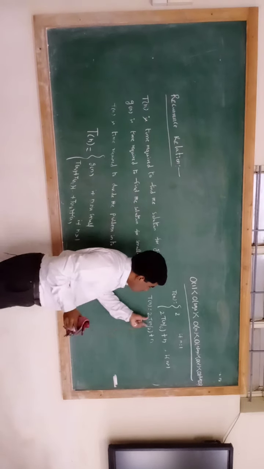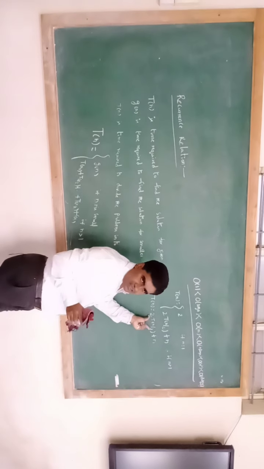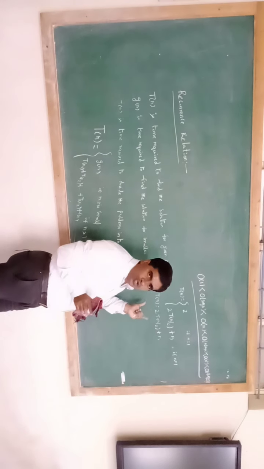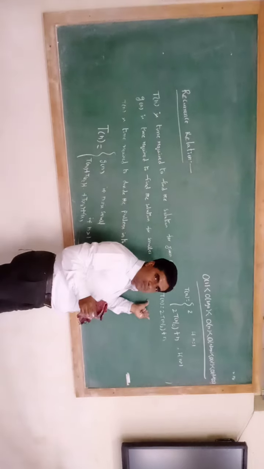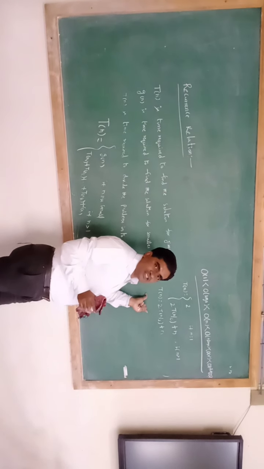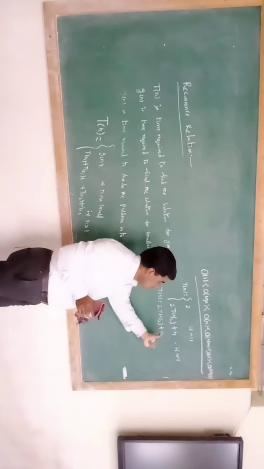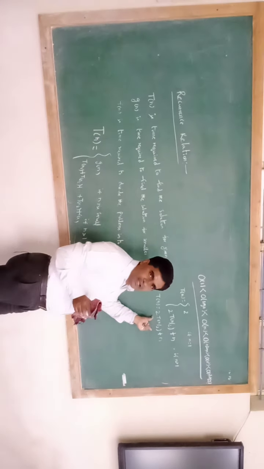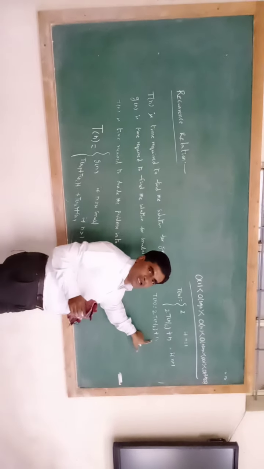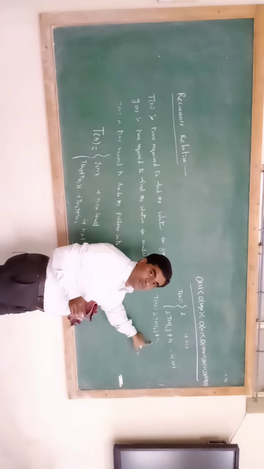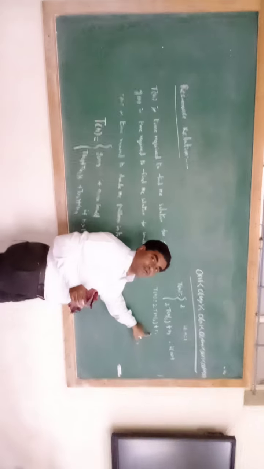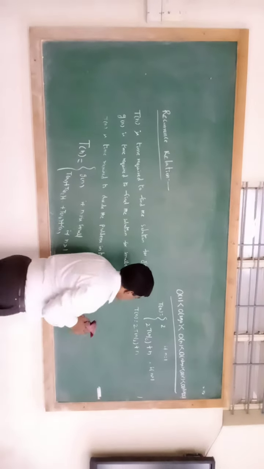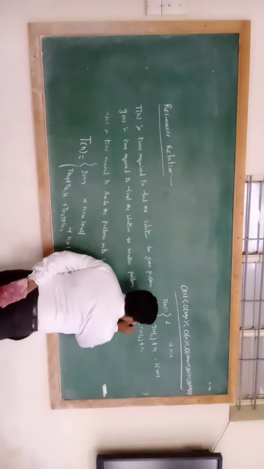See here, 2T of n by 2, how are we getting this? Suppose the list has n elements. If you divide it into two lists, the first sublist consists of n by 2 elements and the second sublist consists of n by 2 elements. N by 2 plus n by 2 is 2T of n by 2, and n is the amount of time required to divide the problem into subproblems.